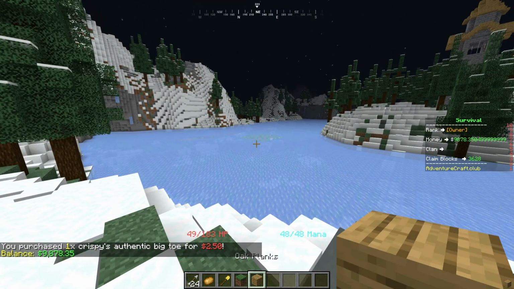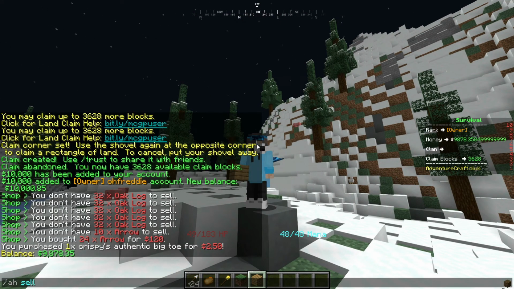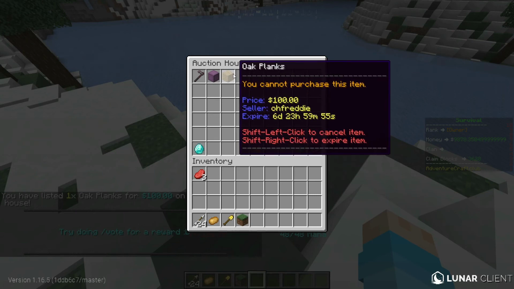And if we want to sell something on the auction, let's say we want to put these planks up for sale, you can do /AH, sell, and then the price. So you need to make sure you're holding the item you want to sell. So let's sell it for 100 coins. There you go. Again, that's a horrible deal, but we can do /AH, and there is the planks we put